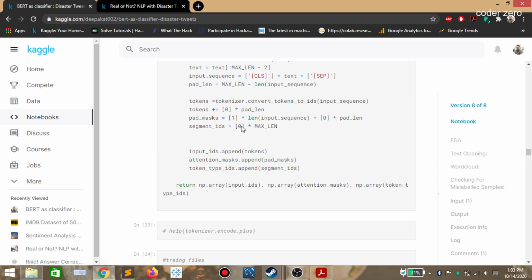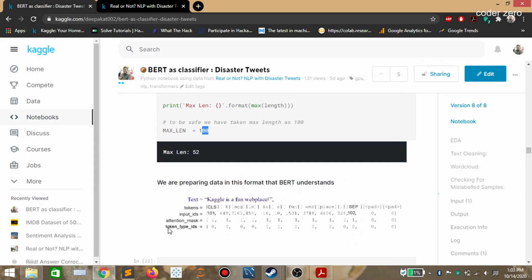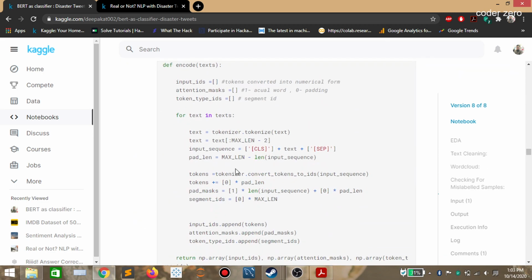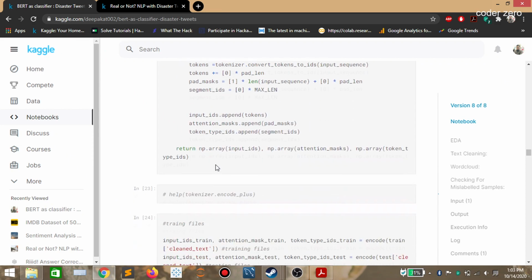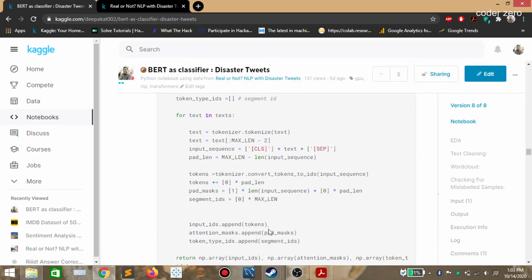After padding, we are adding the pad masks, which are the attention masks, here: 1 for the original sentence and 0 for the pad length. Then segment IDs, this is nothing but token type IDs. After that, we are appending, because this loop goes through one sentence at a time, so we are creating a list of all tokens, pad attention masks, and token type IDs.